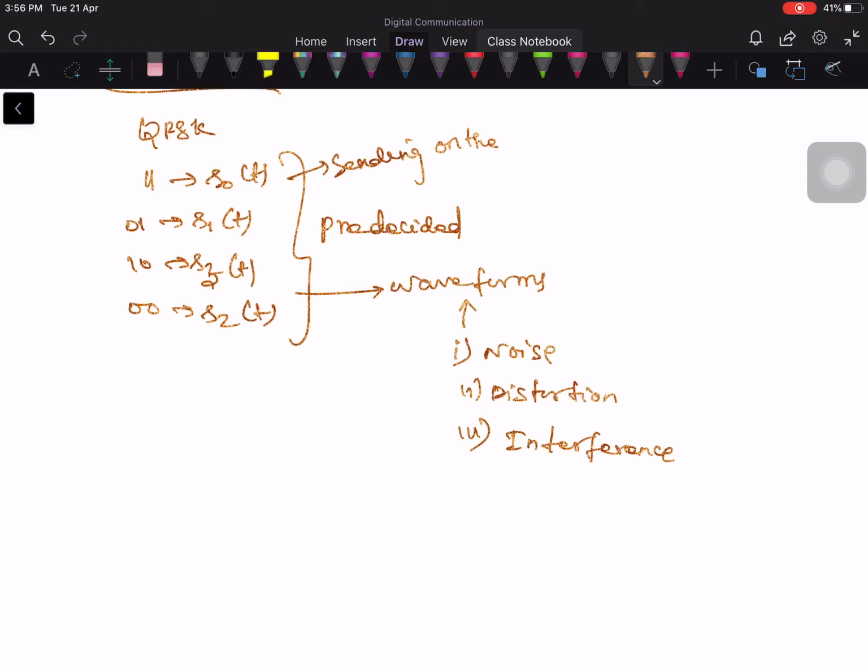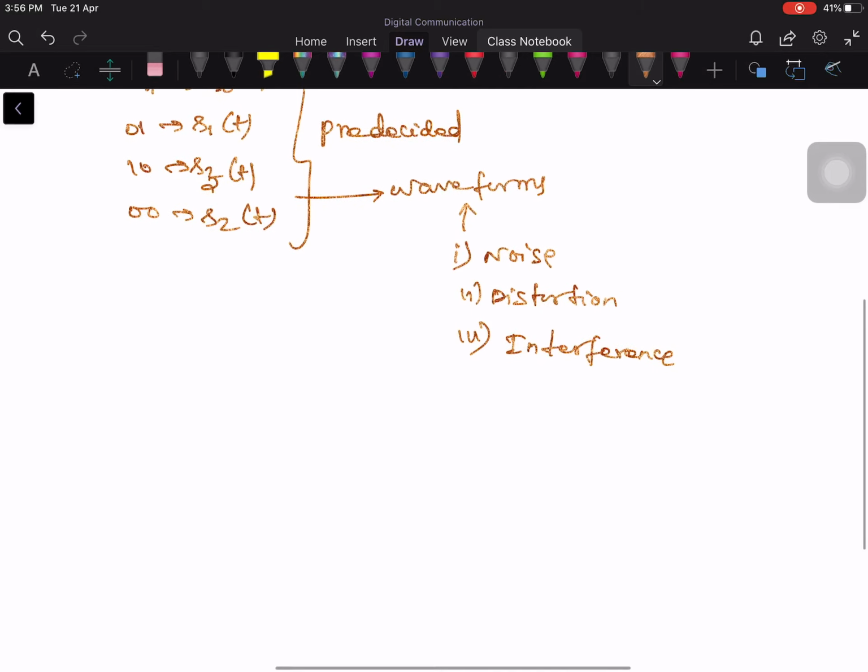So therefore you will not get the clean waveform or clean pulse at the output. What you send at the transmitter is a clean pulse, but what you get at the receiver is not a clean pulse. It is completely contaminated by noise, distortion and interference. And therefore the job for the demodulator to carry out the so-called inverse function, namely converting this interpretive waveform into a sequence of binary bits, is a relatively non-trivial one.